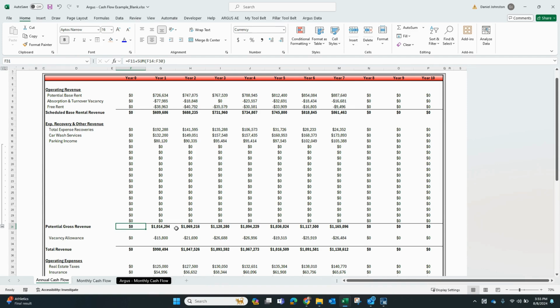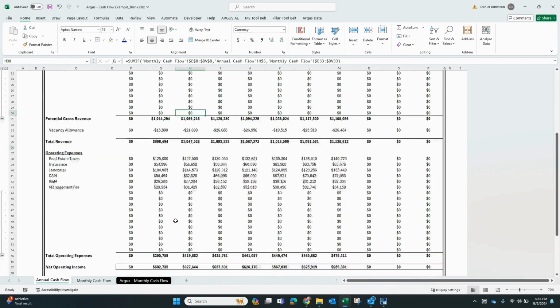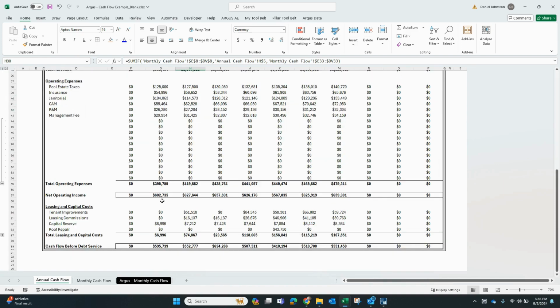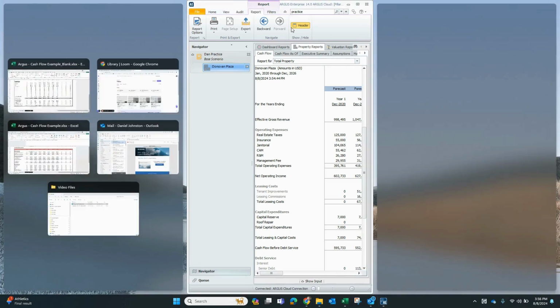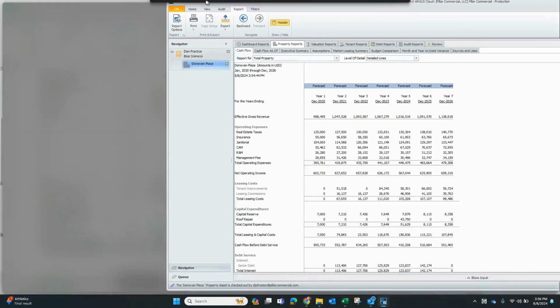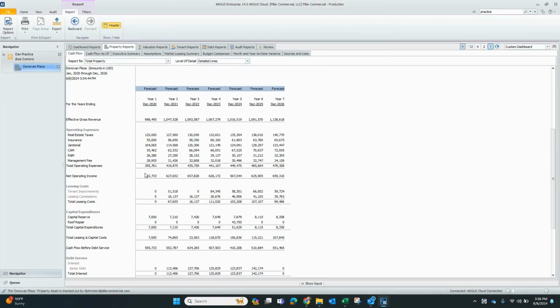Hey, does it make sense on an annual basis? And once you have this in here, you can actually check that against your Argus file. So just to see that, I usually check the NOI and maybe the cash flow before debt service, but just to check, 602,000 is showing up in our Excel annual cash flow. And if I were to pull the Argus file over, we can look at that first year of NOI,